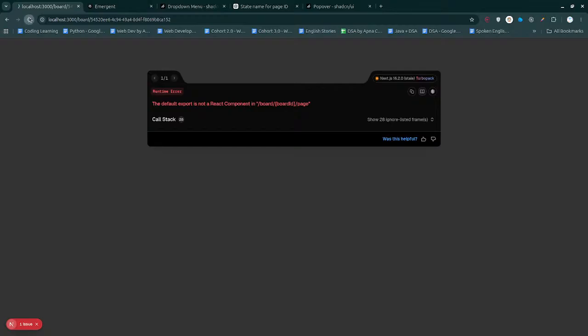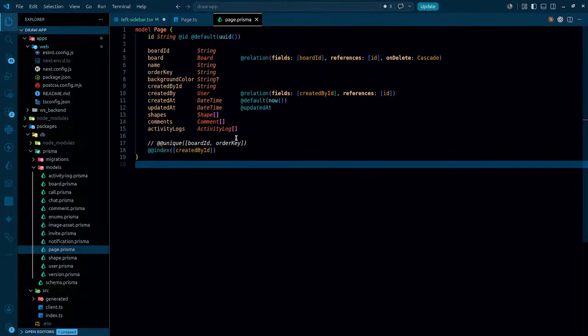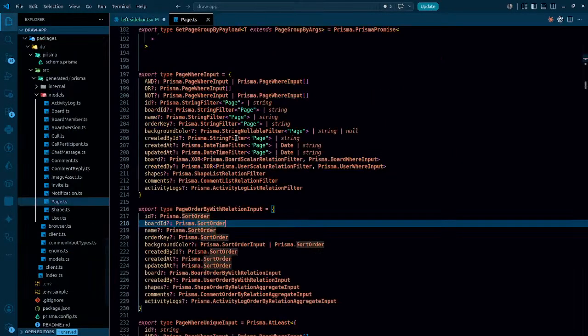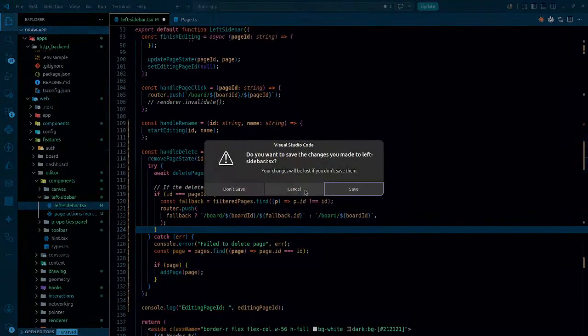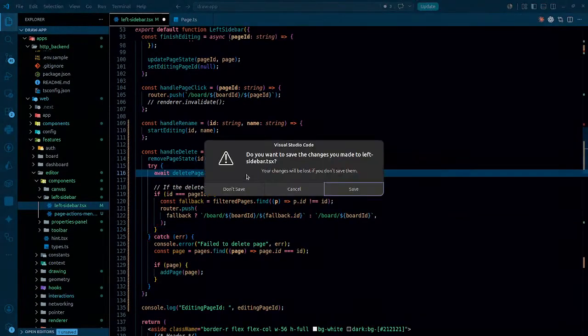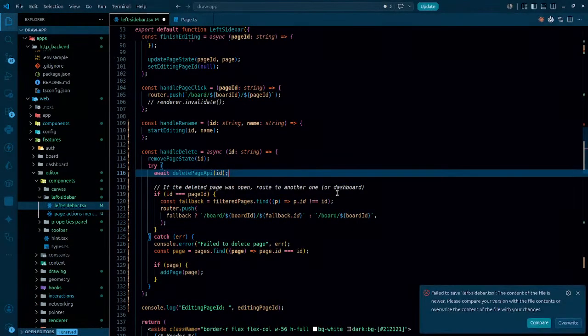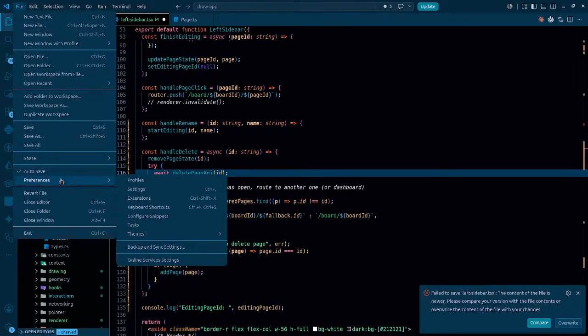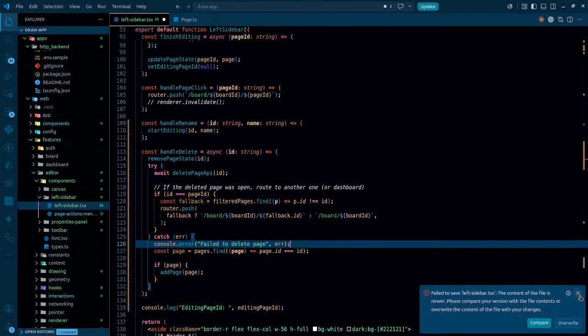Interesting. So that simply means there is something wrong with this, and that wrong thing is the page. I have to just simply get the logic right over here. Let me close everything, save it. Autosave is already on, so what is the problem? Anyway,